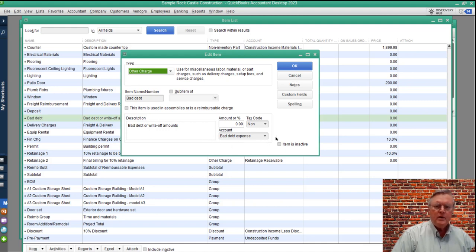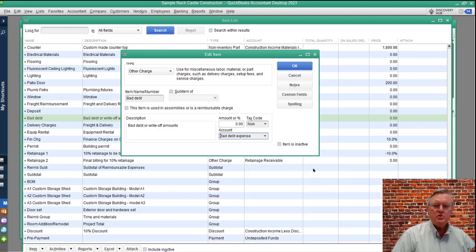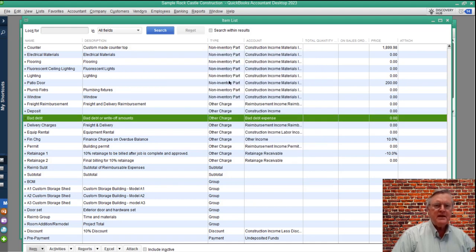And then one of the important parts of the setup is what account is that going to post to, and we have a bad debt expense account, and it is an expense type. So you want to be sure that you have that. If not, you can create that expense account. All right, so as long as I have that,